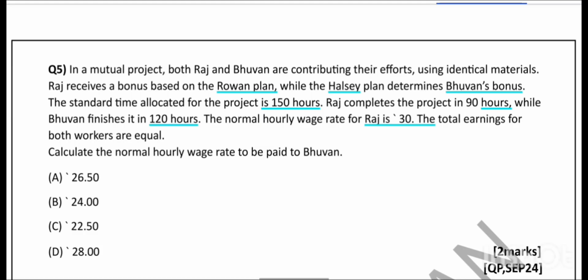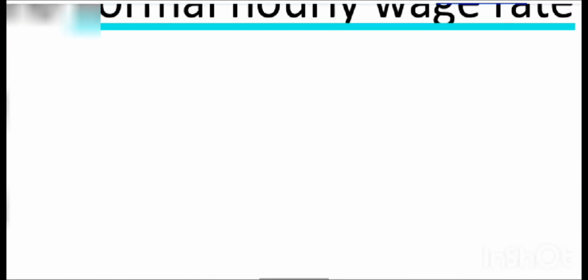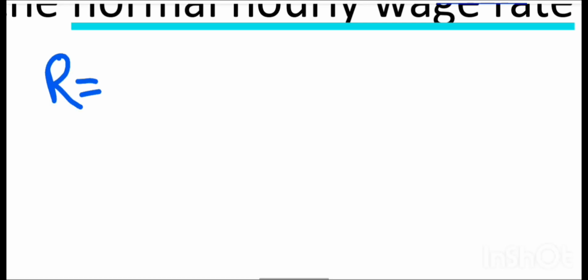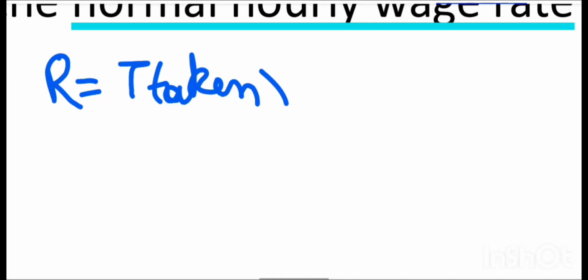So whatever Raj earns under the Rowan plan, the same amount Bhuvan will earn under the Halsey plan. Calculate the normal hourly wage rate to be paid to Bhuvan. So what's the formula of the Rowan plan? Under the Rowan scheme, it is time taken into the wage rate per hour